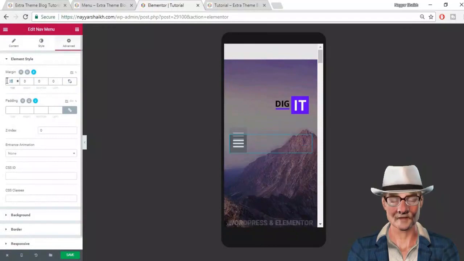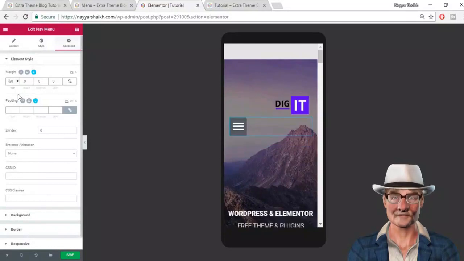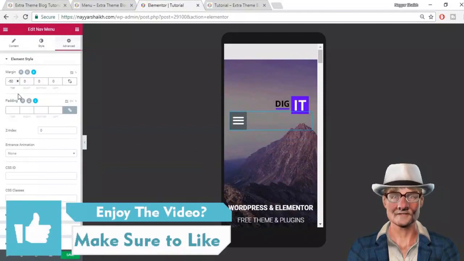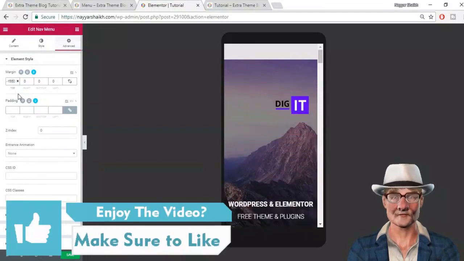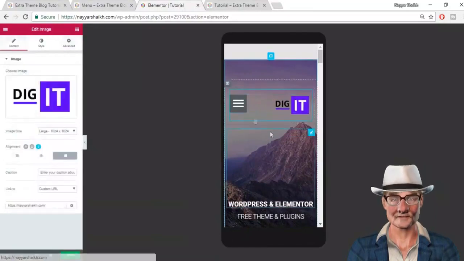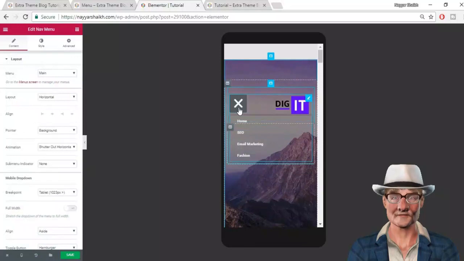Now I'll put a top margin as 30. And before 30, I'll put a minus sign. Okay, so this brings it a little upper. Now I'll increase this to 50, so minus 50. Okay, so let me make it minus 150. So it has gone more up. I don't want that. Let's make 100. Okay, so you just have to see. Okay, 110 looks perfect. When you put 110, you can see your menu is over here and your